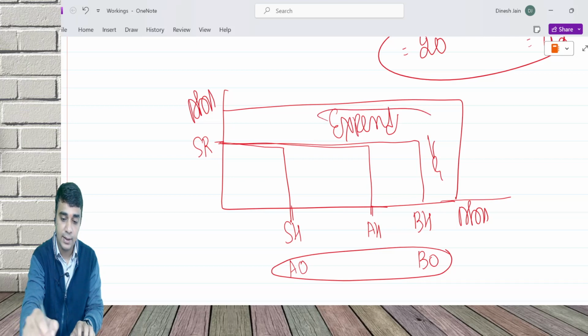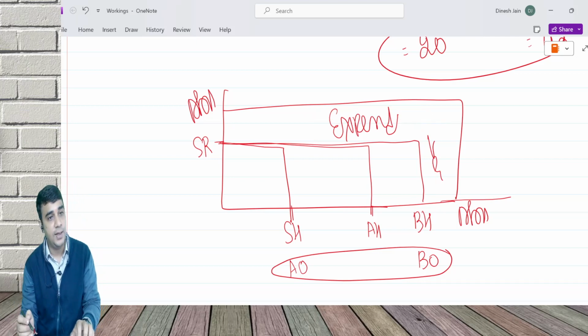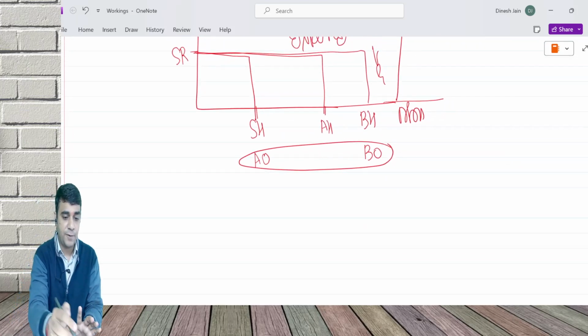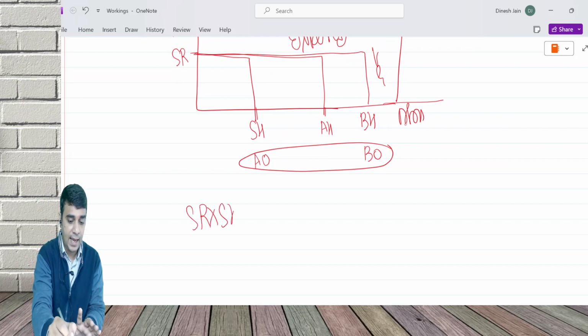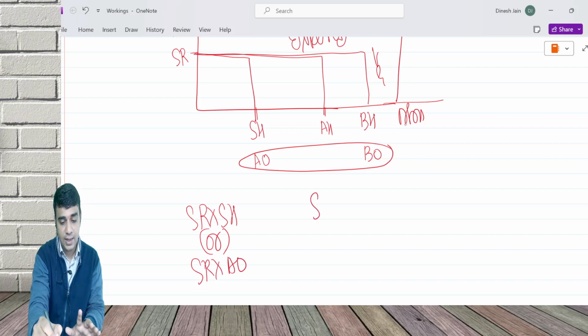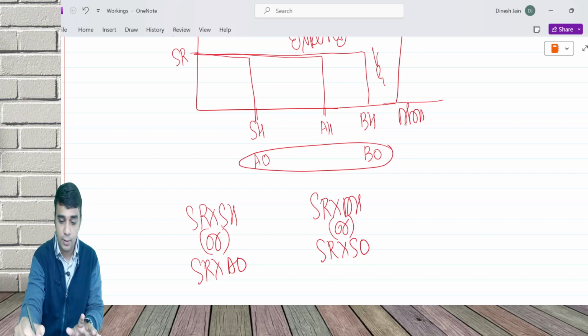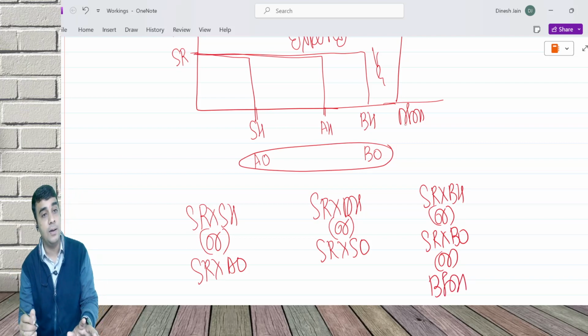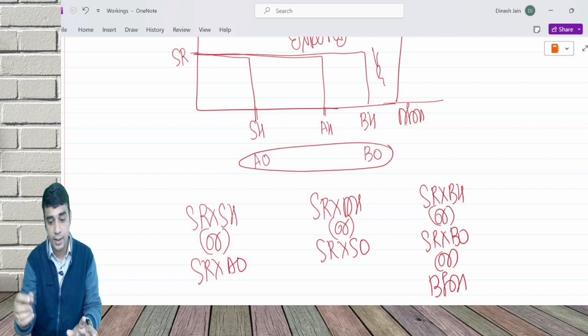Till here, okay? The entire part here is called expenditure variance. Be in listen mode for some time, then you will write. So the first one is called SR into SH, otherwise called SR into AO. Second one is called SR into AH, otherwise called SR into SO. Third one is called SR into BH, otherwise called SR into BO, otherwise called budgeted fixed overhead. And the last one is called